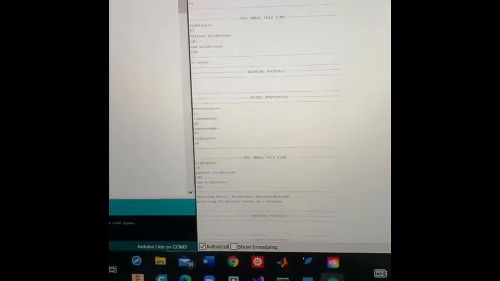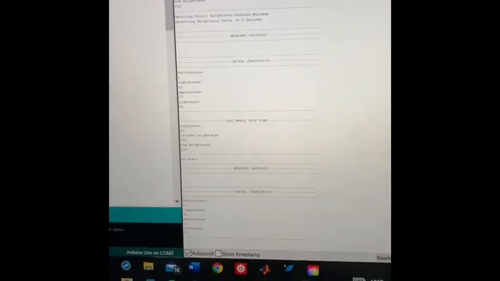And now it says, that's the important thing I wanted to catch. It says, aborting, error, brightness reached maximum, resetting brightness value in 5 seconds. It takes 5 seconds, resets the value, and the value is now, as you can see there,